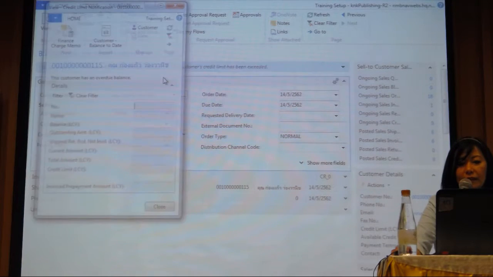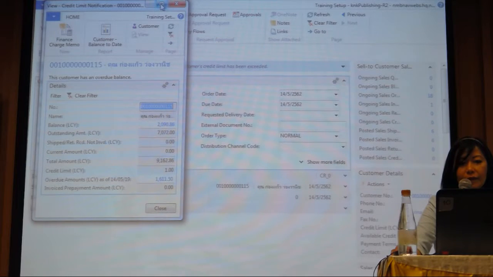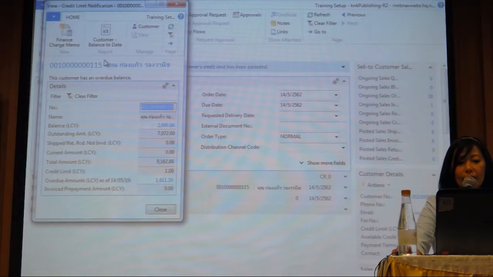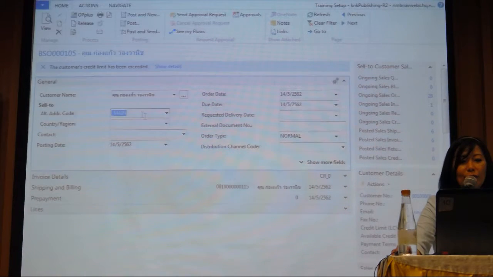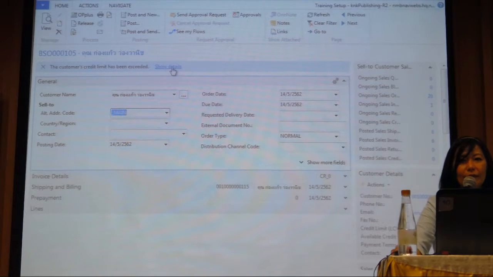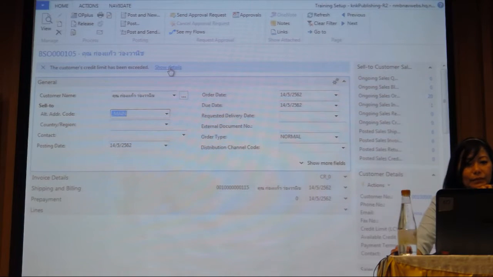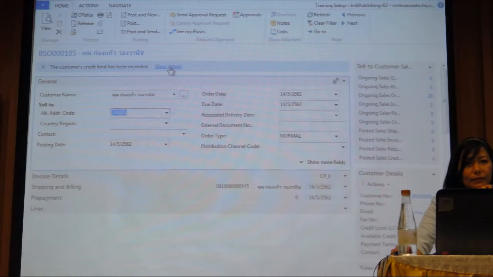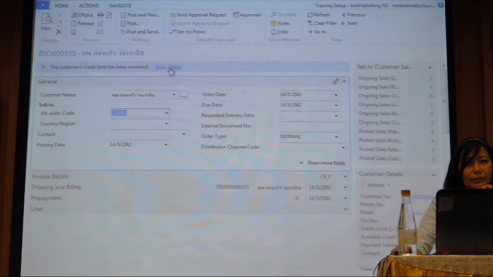So you can click Detail. เมื่อกี้พอกดโชว์ดีเทลแล้วเห็นยอดหนี้ค้าง She said actually on the right hand side she can also see on the fact box. Yes, you can. You can see the details there. ดูได้2ที่เลยค่ะ